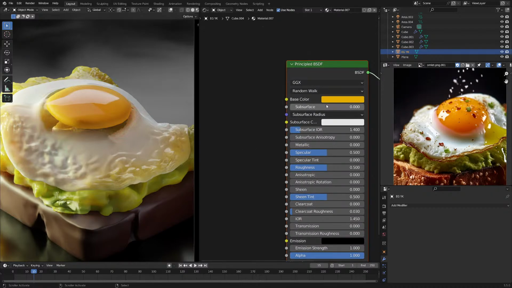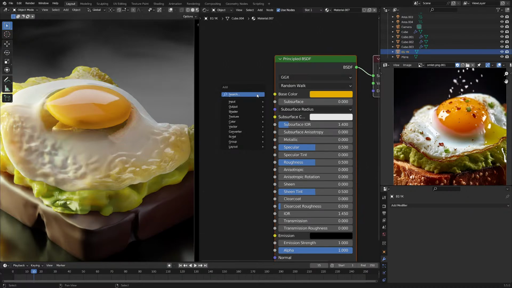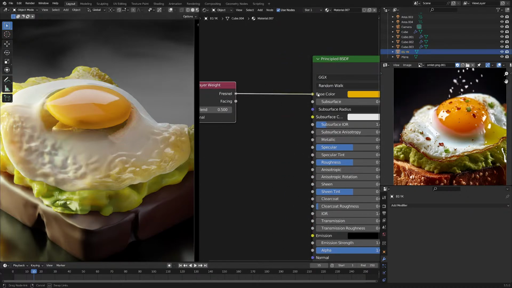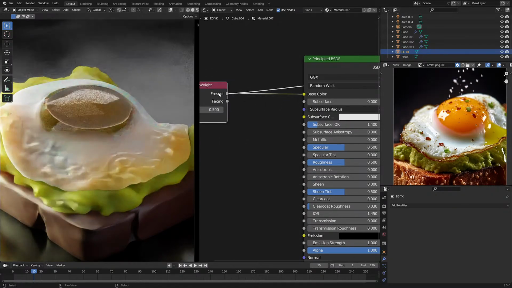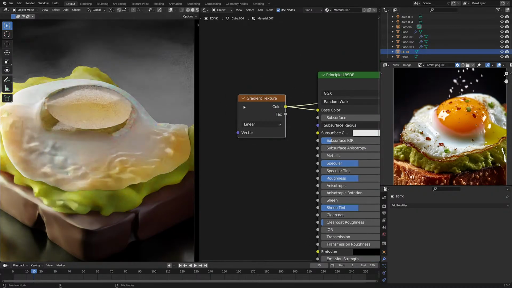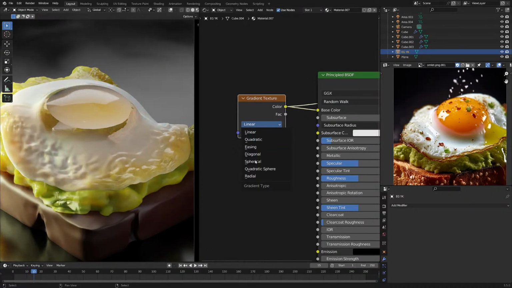So here we can add maybe layer weight. No, layer weight, gradient texture. What if we make this one gradient and